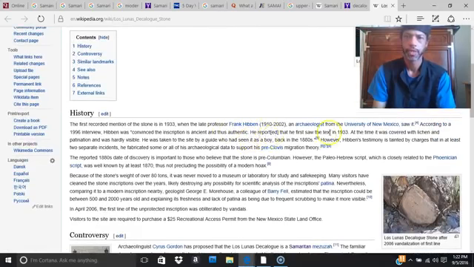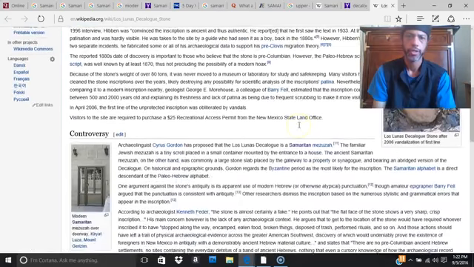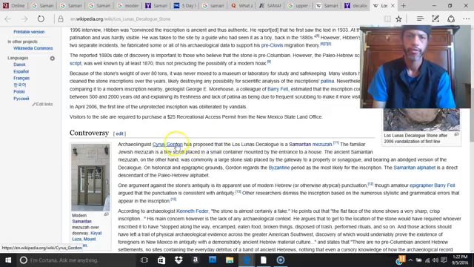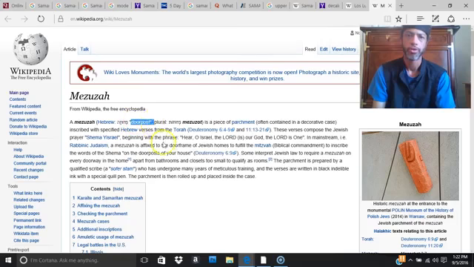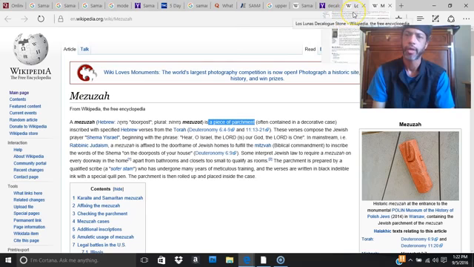All right, so, the controversy. Cyrus Gordon proposed that the Los Lunas stone is a Samaritan mezuzah. Now, a mezuzah is a doorpost. Usually it's on a piece of parchment. Okay, so it'd be like a banner or a flag, you know, your American flag outside your doorpost, or outside your house, or sometimes you have people that put stars up or symbols up.